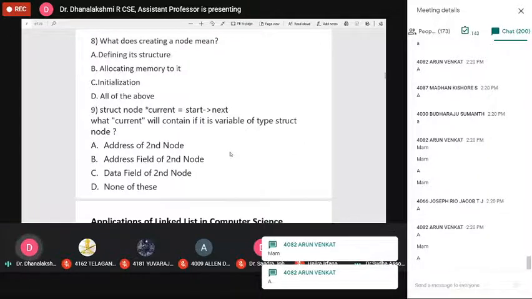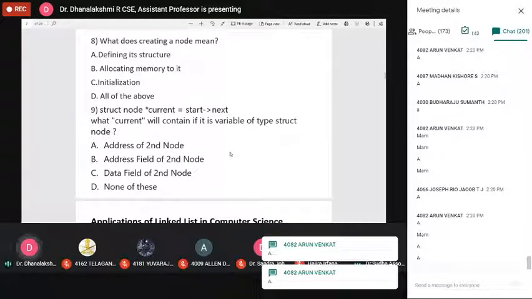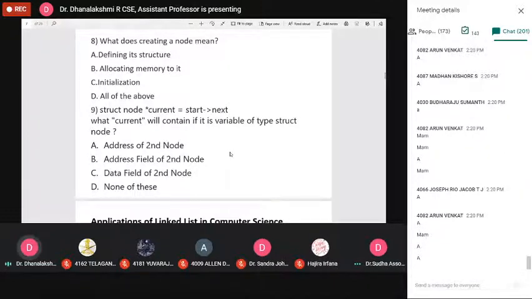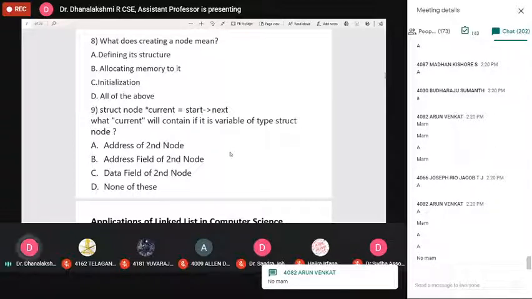Why are you typing that? This is a current node, it's pointing to the address of the start arrow next. That means it holds the address of the next node. Assume you are in the current position. The start arrow next holds the address of the next node, second node. Give the correct answer.